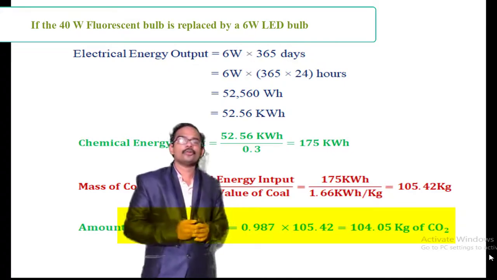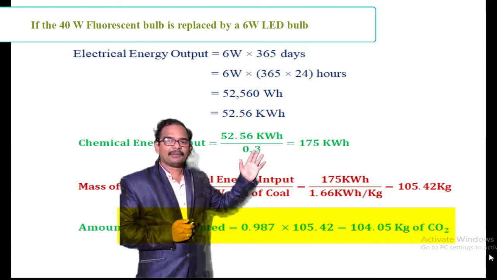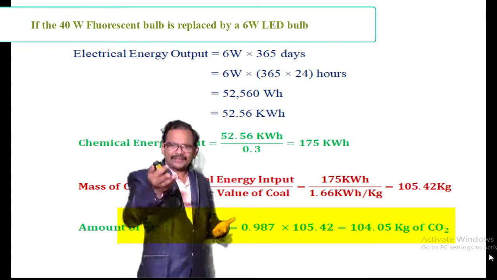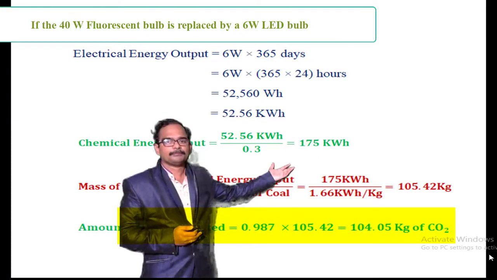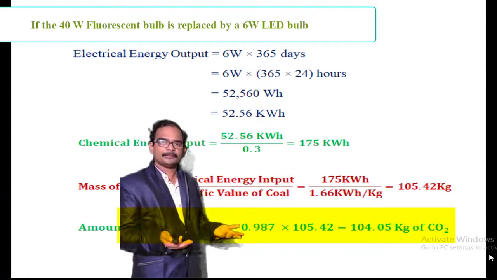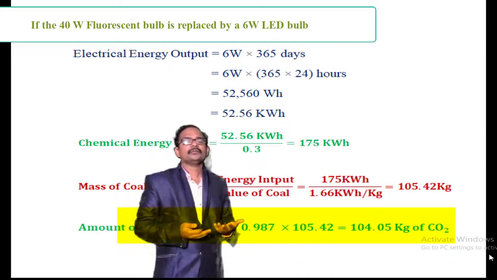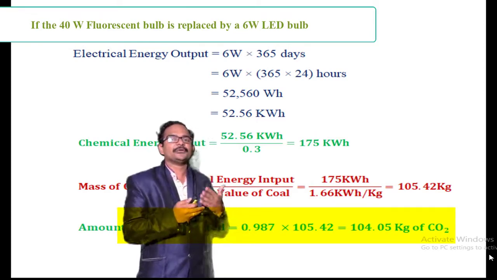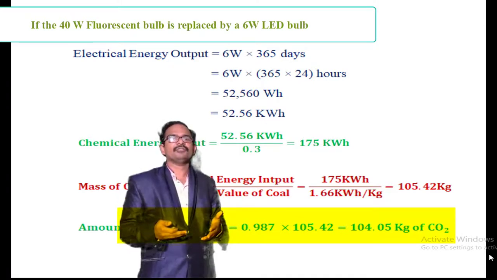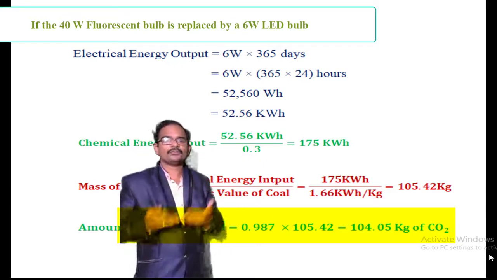Now, when you do one thing, you take the equipments in your home. You find out what is the power rating of your equipment, and you take your monthly bill. Otherwise, you take your monthly bill and calculate the emission that you are emitting into the atmosphere per month. For example, if you are consuming 350 units per month, it is nothing but you are using 703 kg of coal and 694 kg of CO2 you are liberating into the atmosphere every month. If you are consuming 700 units, it is nothing but you are replacing 1500 kg of coal and around 1300 kg of CO2 you are sending into the atmosphere.